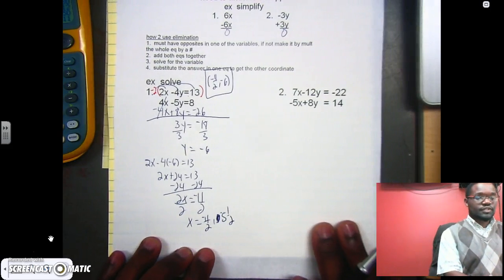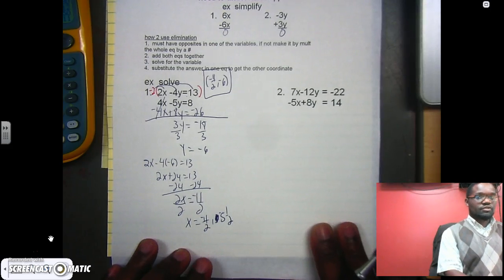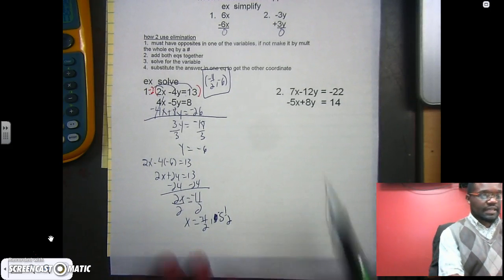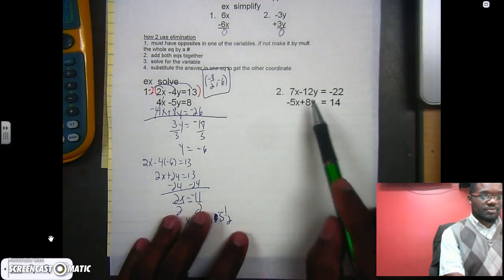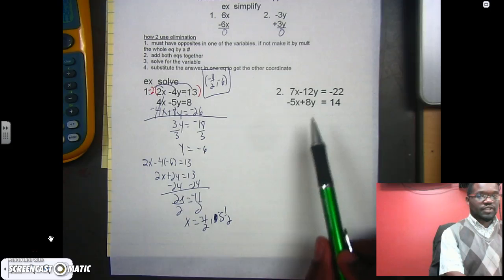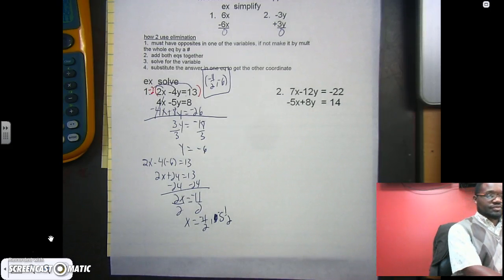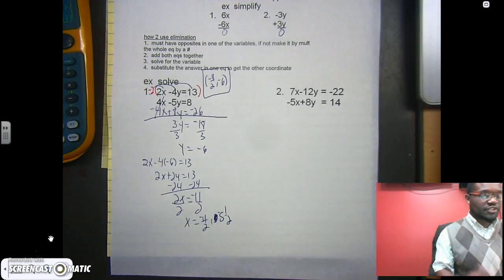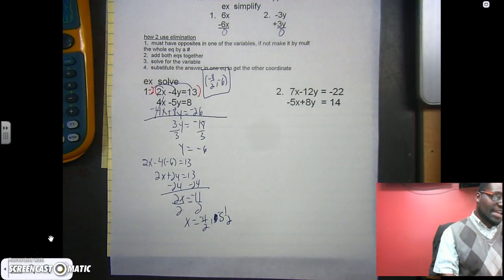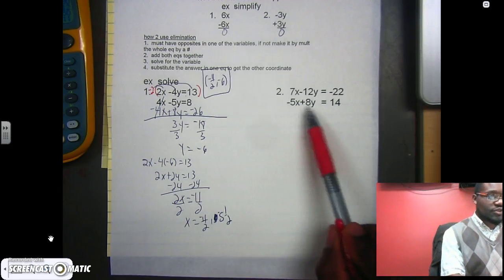And that is your answer. Let's continue on looking at number 2 here. Notice that on number 2, again, no 1 as a coefficient, so I'm not going to do substitution. Neither one of my equations are already solved for x or y. So I'm going to look to do elimination. So you have to think about that first. You can't just jump into it, or you can, but it makes a lot more sense to think about what I'm doing first. Since I'm going to do elimination, now I need to decide x or y am I going